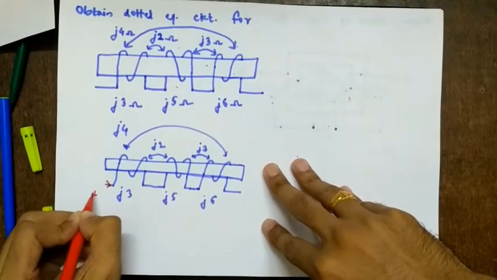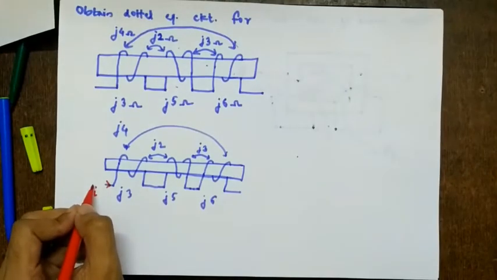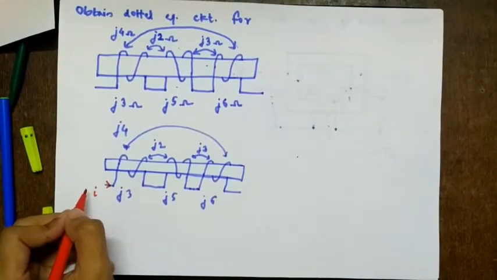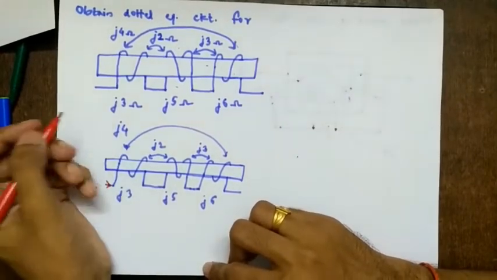So next we'll assume the direction of current. So let's say this is the current i. Remember, I am using small i because they are inductors. So obviously it is an AC source. For an AC source we use the small i, not the capital I. Capital I is reserved for DC.